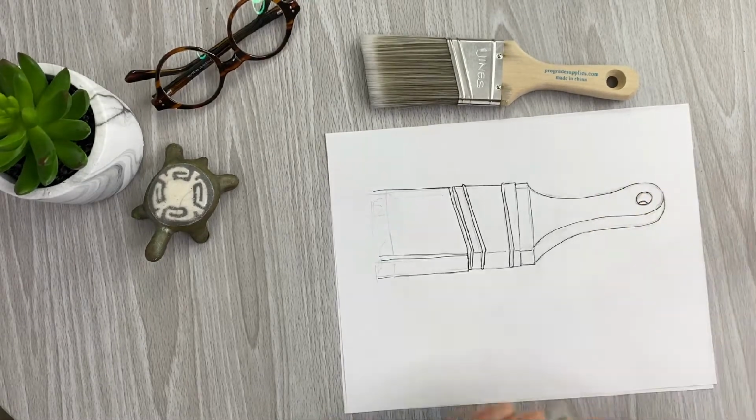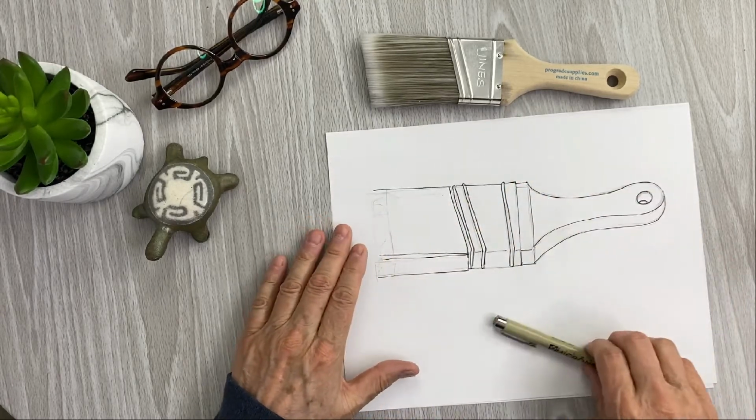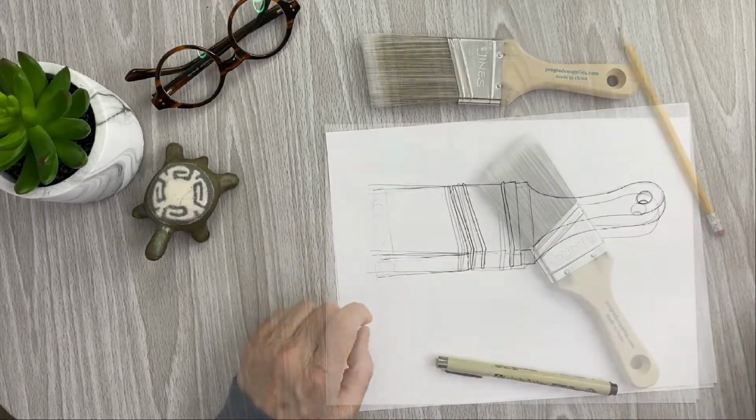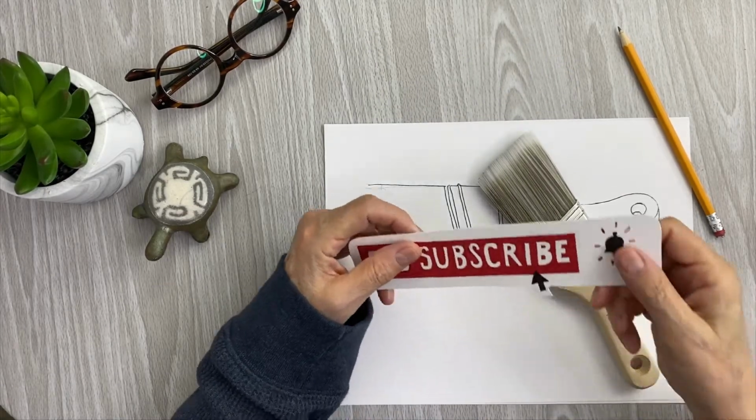And there. So everything's in now. And what I'm going to do is go back, erase any unneeded lines, and then I'll start in with the details. So I'm back and ready to start in with the line work, but before I do,